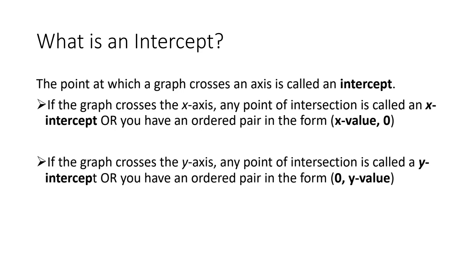And every time you see these particular words, you are going to need to know what it means. Okay, an intercept is a point that crosses an axis, is called an intercept. Now, if the graph crosses the